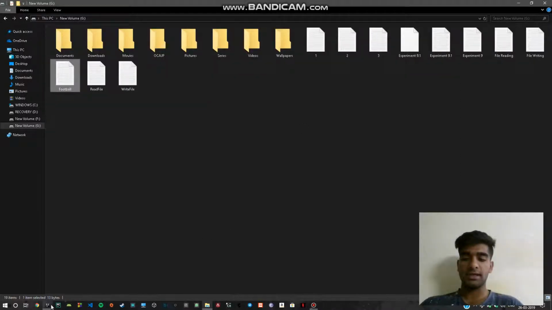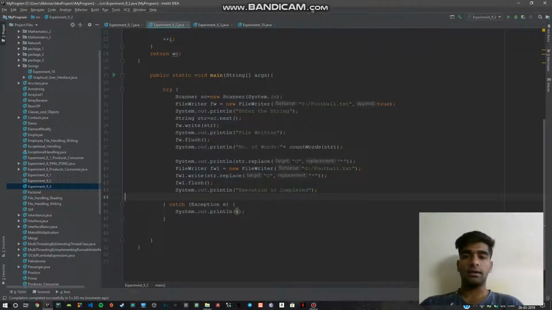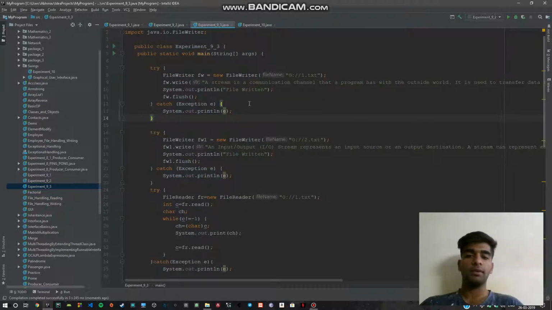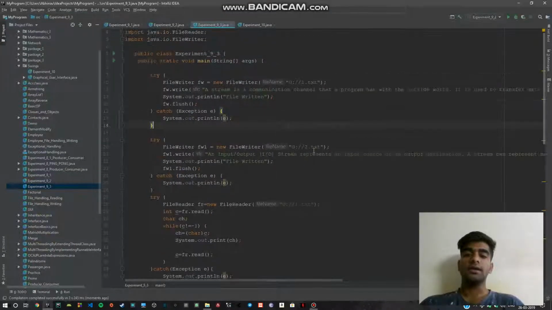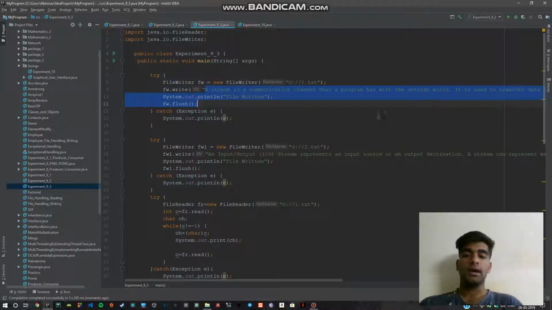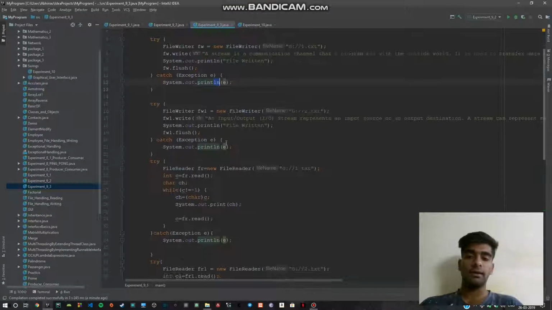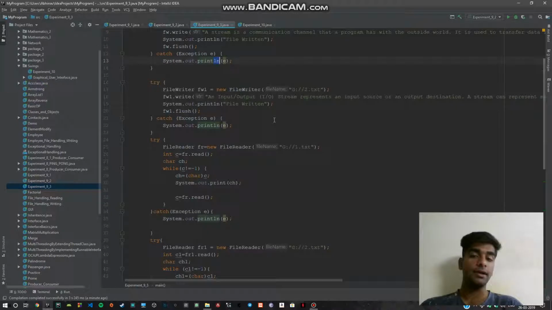Next experiment is basically now to take input from a user and write it into a file, and again we have to take input from the user and we have to write it into another file, and finally now we have to merge both the contents of the previously entered strings, and we have to merge it into a single text file. So here is a predefined string as specified in the question, and we write that string into a file followed by the other string which we write into another text file,